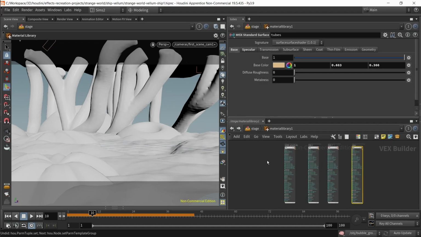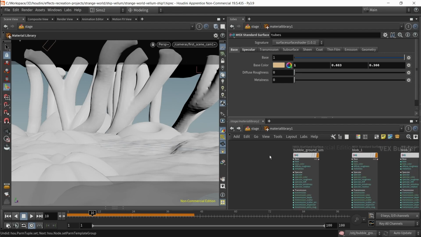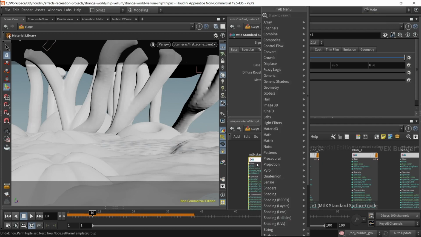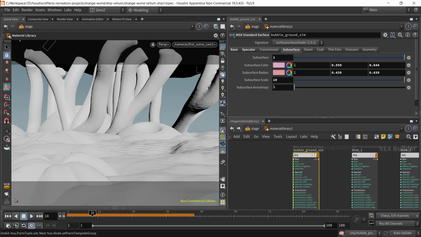If you dive inside of it, we can create materials here. I have used the Material X shader, which is a new one, Material X standard. And the materials themselves are very